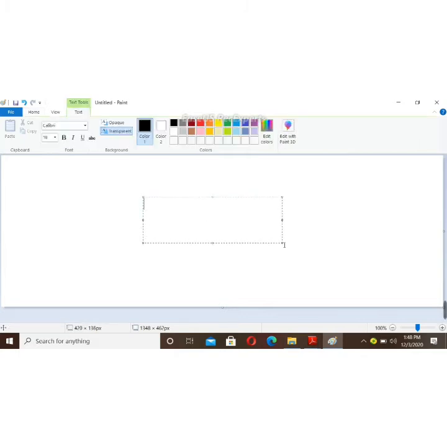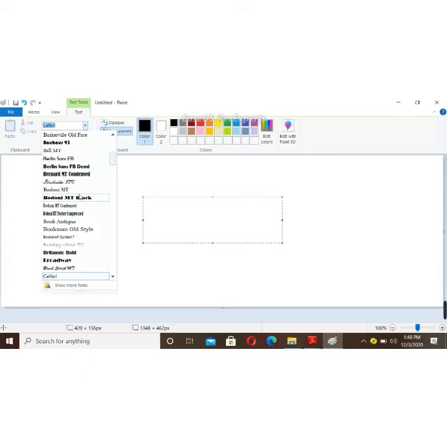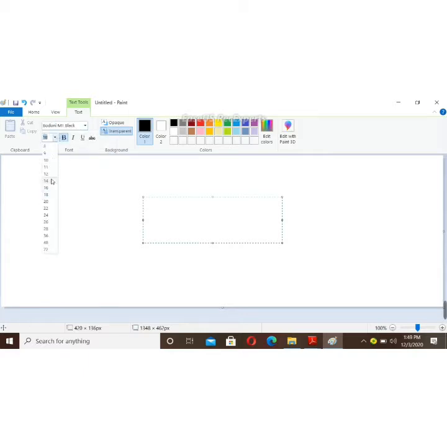Okay, now after drawing the dotted box or text frame, I have to select the font size, that means the handwriting size, and also the handwriting style. I selected the handwriting style and the handwriting size. Then next I will start my typing. This is my book. See how simply I can type the text. This is my book. I love to read computer. See how simply I can type using the text tool. This is the use of the text tool.